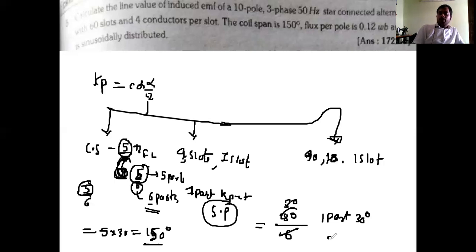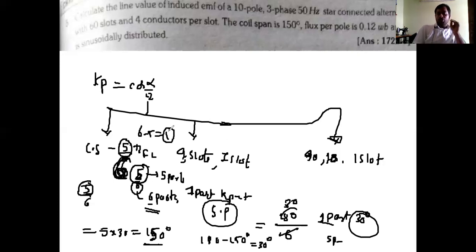So short pitched by, nothing but 180 minus 150, that is 30 degrees, otherwise for one part 30 degrees. But the coil is short pitched by, look at this one, 6 over 5. Nothing but 6 minus 5 is 1. Nothing but one part is short pitch. Like that, you need to find that Kp. And here simply, in